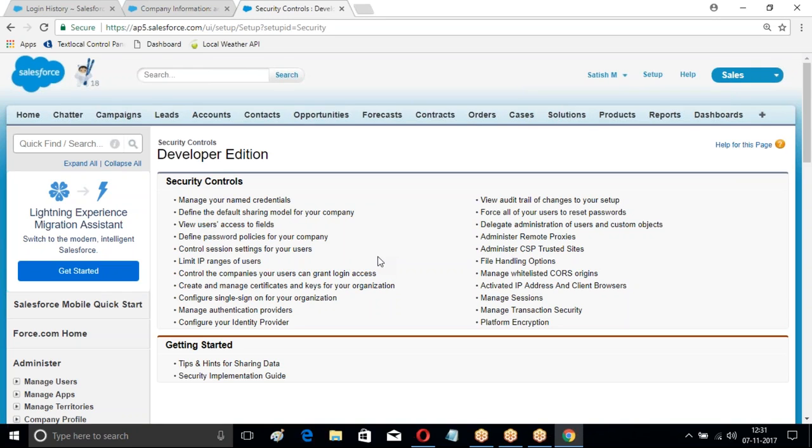Now when you want to control permission for a specific group of people, not for everyone in the organization: if it is for everyone, go to security controls, password policies, and set it. But if I want to set this permission only for a group of people, that group of people will have a separate profile. So what was I supposed to do? Go to this,